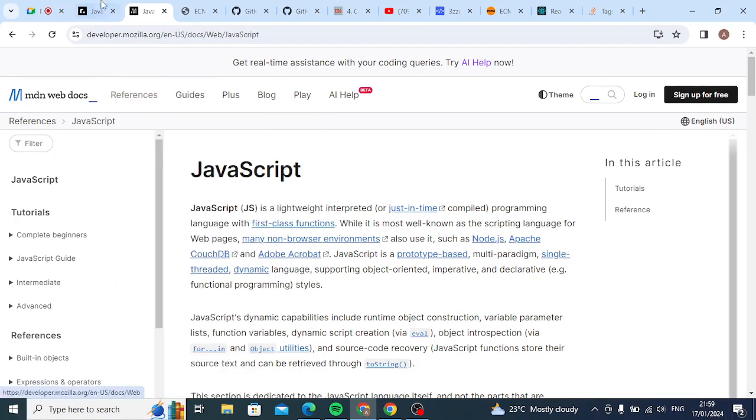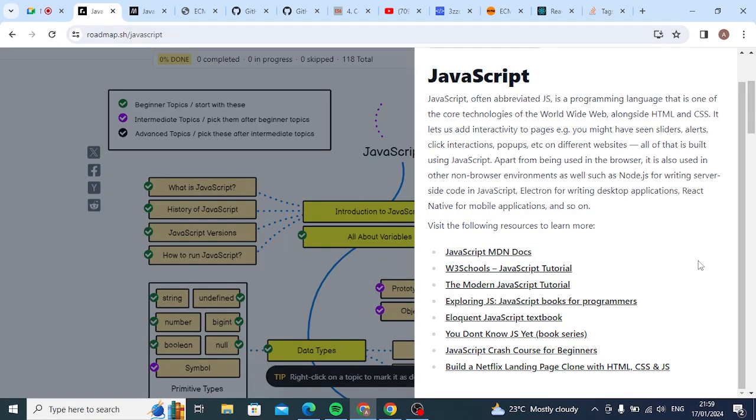There are other good books: Exploring JS, Eloquent JS, You Don't Know JS, which is a book series itself. There are some JavaScript crash courses on YouTube, and also an option to build a Netflix clone. So in terms of reference: MDN, W3Schools, javascript.info.